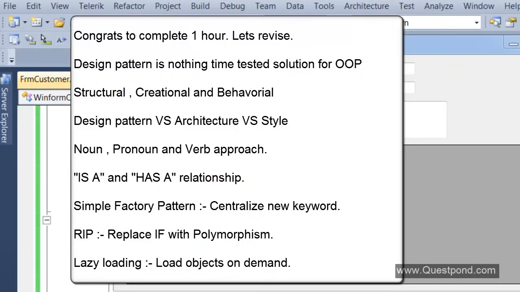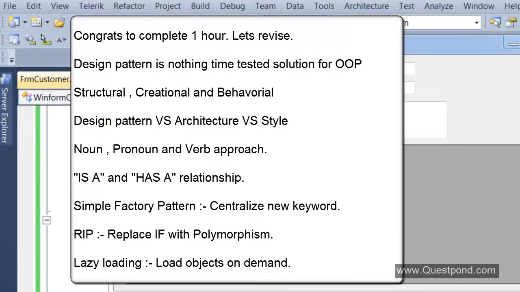So basically, first we started with design pattern. We defined design pattern and we said that design pattern is nothing but learning object-oriented programming in a better way. They are time-tested solutions for object-oriented programming problems. And then we said that design pattern falls into 3 categories.